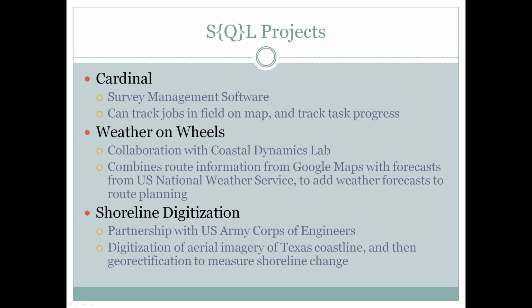Weather on Wheels, it's a collaboration with the Coastal Dynamics Lab. There's some folks down the hall from us. It combines route information from Google Maps, so basically navigation from Google Maps, with forecasts from the Weather Service, so that as you're calculating your route and planning it, you have weather forecasts, if anything unusual is going to happen